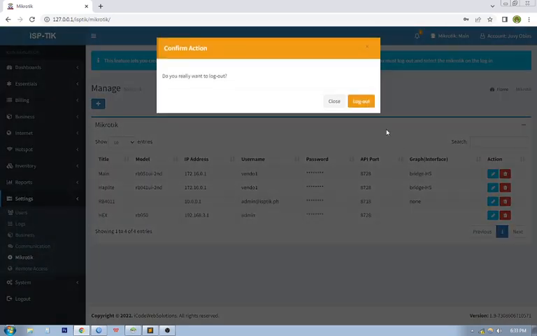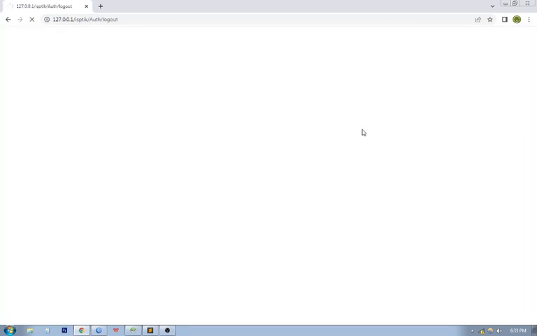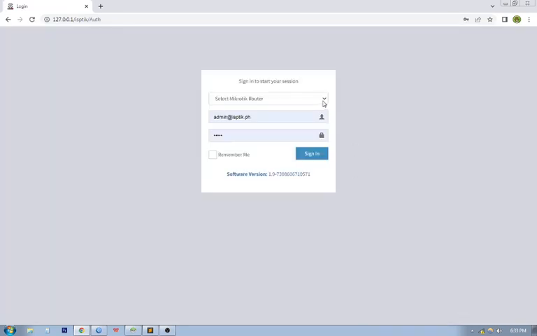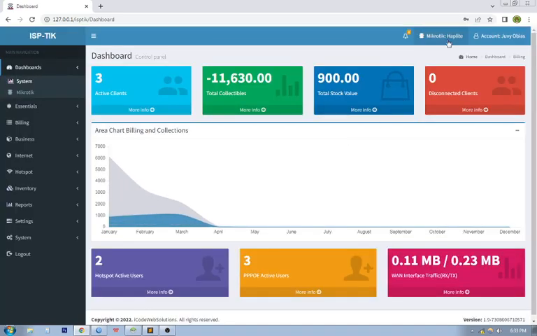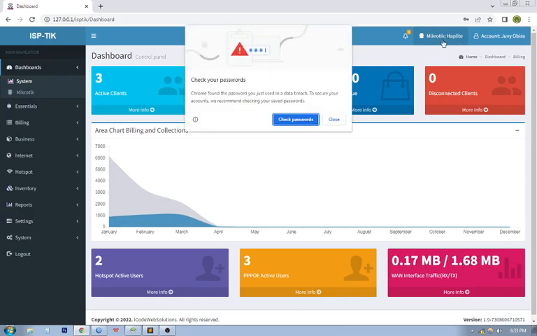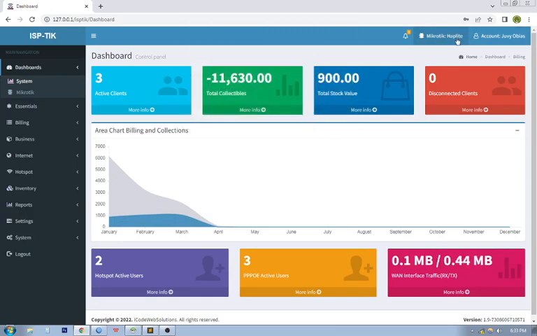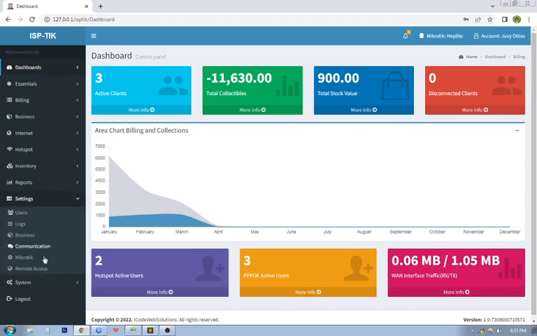So let's just first log out. This is my main, so I have to log into my secondary or my other Mikrotik. So if I log in, same as before, I have successfully logged in, and then look at the Mikrotik I have actually selected. So if I head to settings and then Mikrotik,